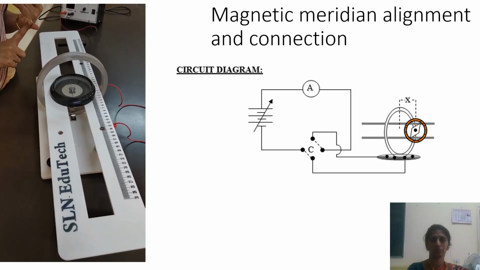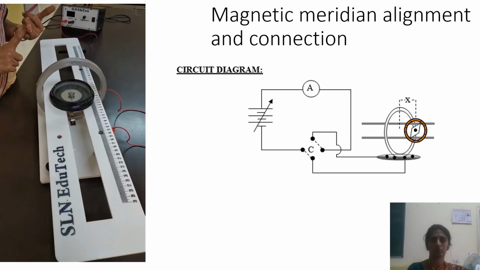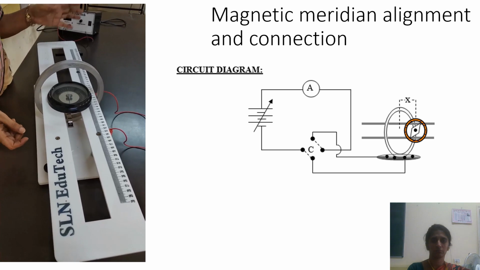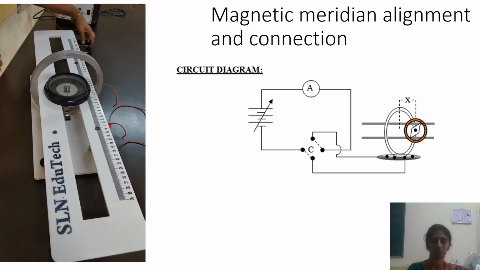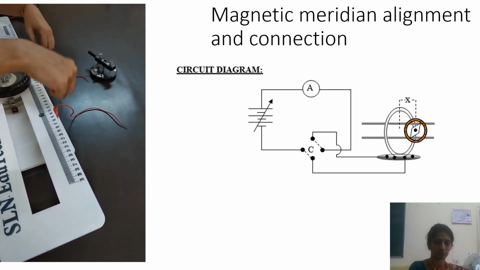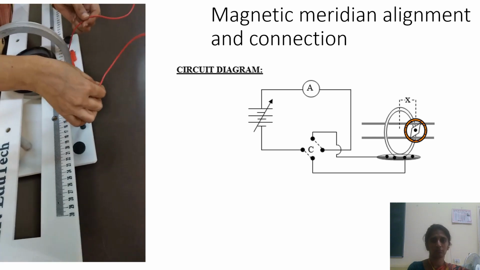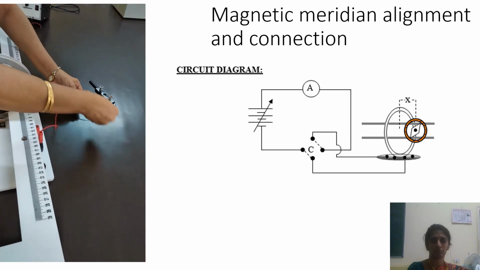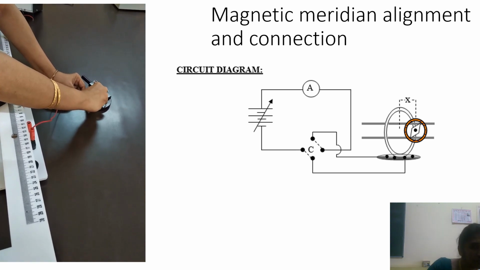So the first step is to check the leveling. The second step is to make 90-90 along the circular coil. The third step is to move the axis so that you get pointer reading 0-0. After doing that, we have to make the connections. Here you can see one lead is at 0, another is at 50, which means we are using 50 turns of the coil, and connect them to one end of the commutator.